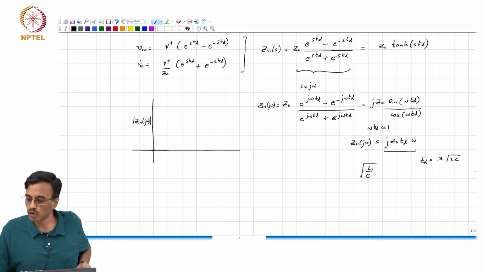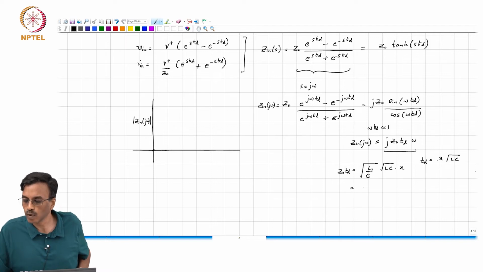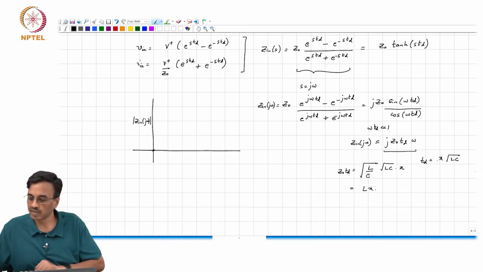Correct. So, Z naught times T d is therefore L times C times square root of L C times x, which is therefore L times x, the C goes away. So, this is nothing but